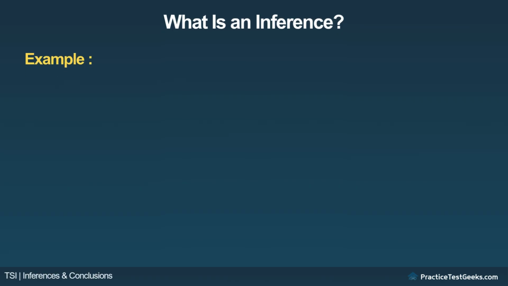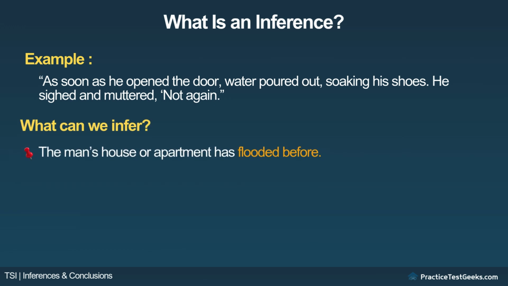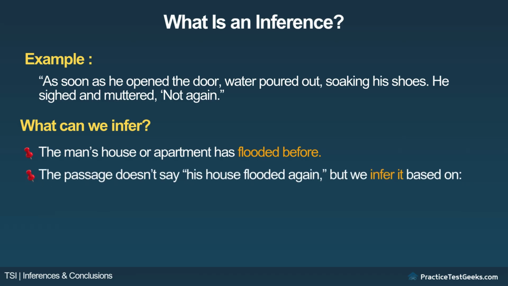Example. As soon as he opened the door, water poured out, soaking his shoes. He sighed and muttered, "Not again." Question. What can we infer? The man's house or apartment has flooded before. The passage doesn't say, his house flooded again, but we infer it based on water pouring out, soaked shoes, him